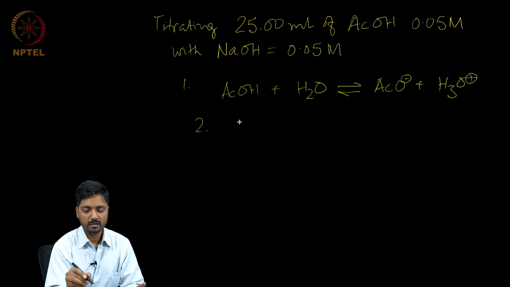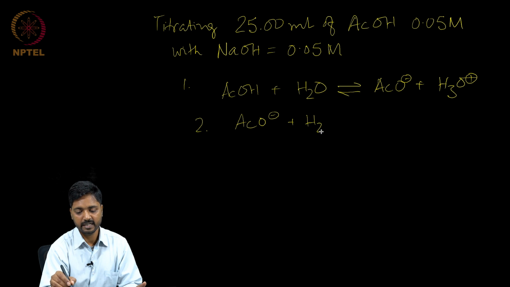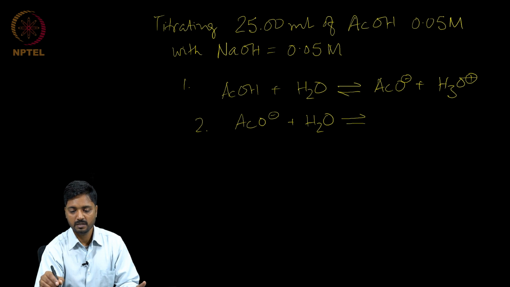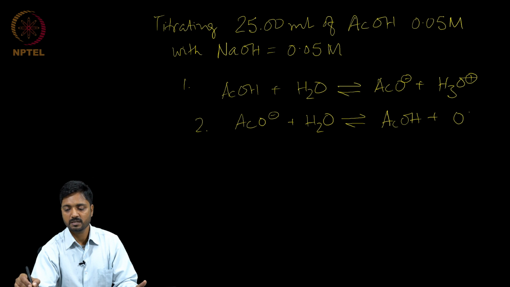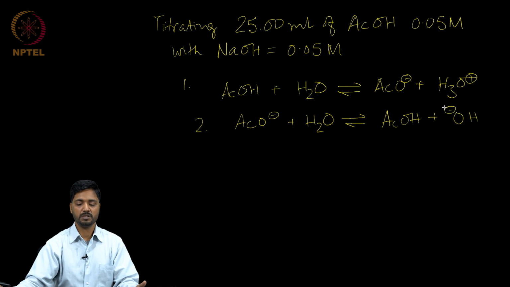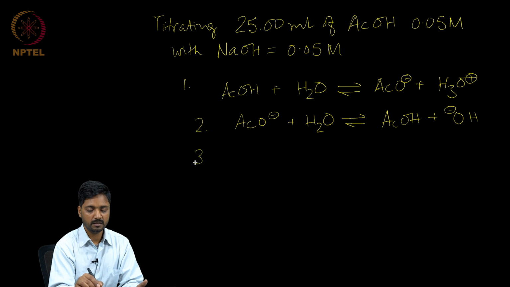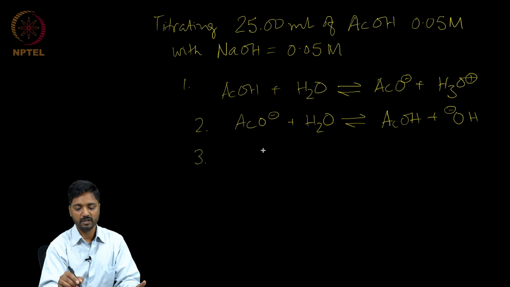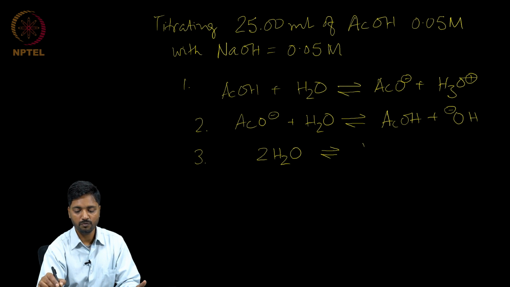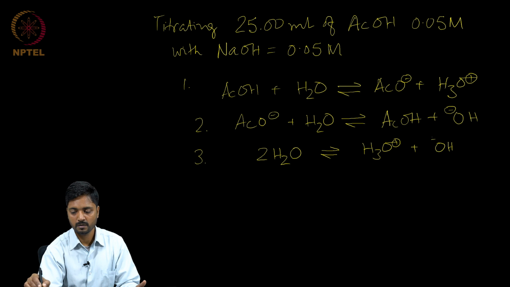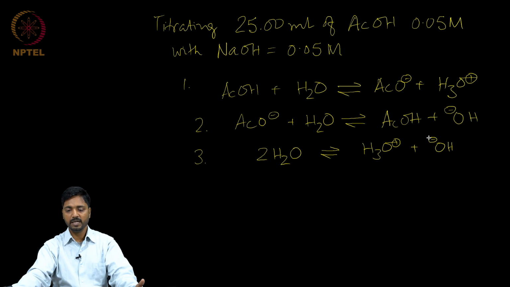The second one is the reverse process, where the acetate ion, being a weak base, reacts with water and accepts its proton to convert back to acetic acid and generates hydroxyl ion. And the third equilibrium that may be of relevance again is the self dissociation of water. So these are the three equilibria